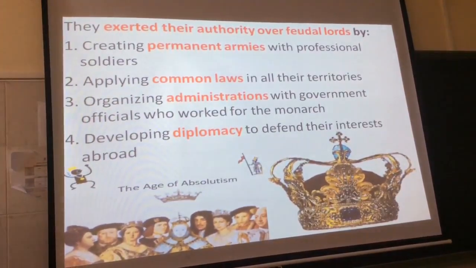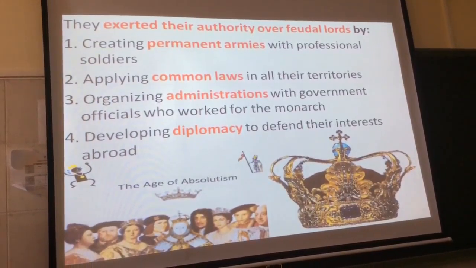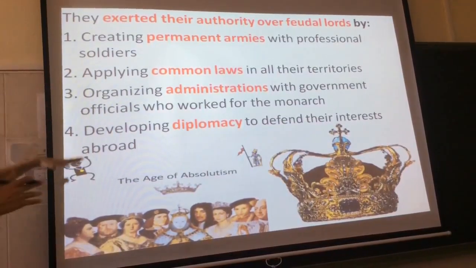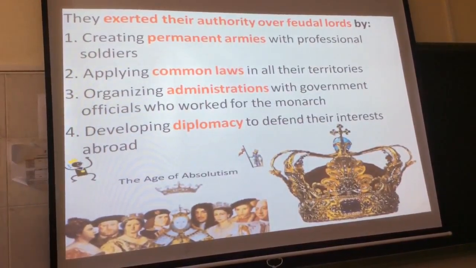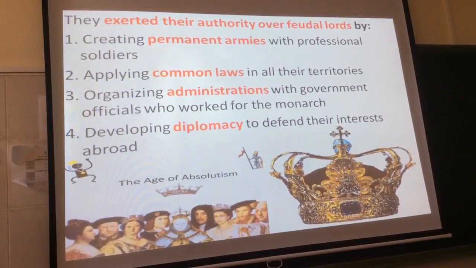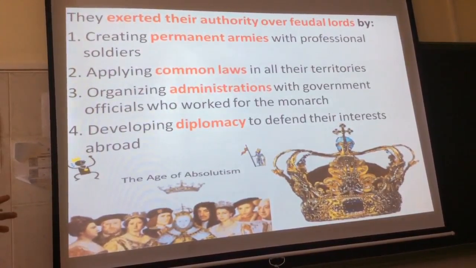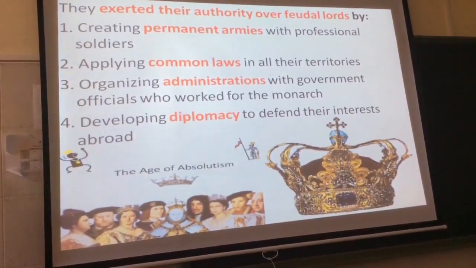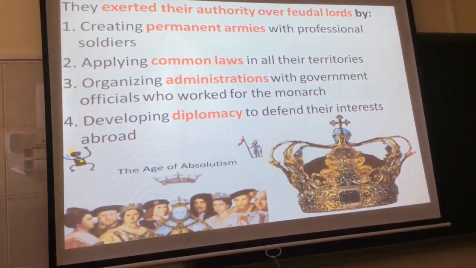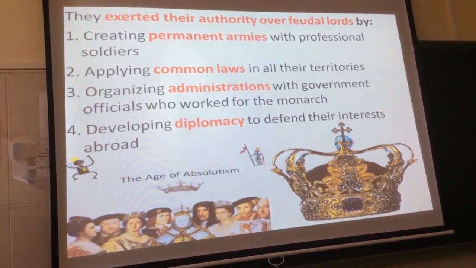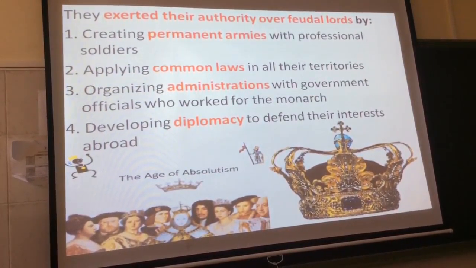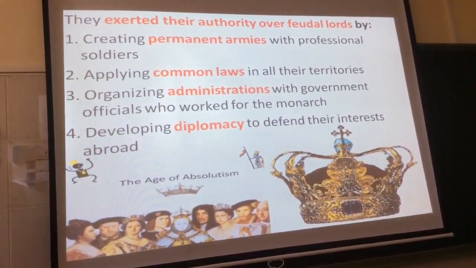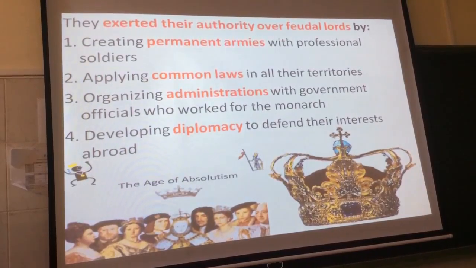Some extremely important characteristics of authoritarian monarchs are these four things. But what's important to keep in mind is they are all ways that they exerted their authority over the feudal lords. So we're moving from feudalism into absolute monarchies, which means in feudalism you have lots of feudal lords who are taking the power away from the king, right? Because the king can only be at one place at one time, and whatever's happening with his vassals in other areas, he doesn't know, so they go on as they like.